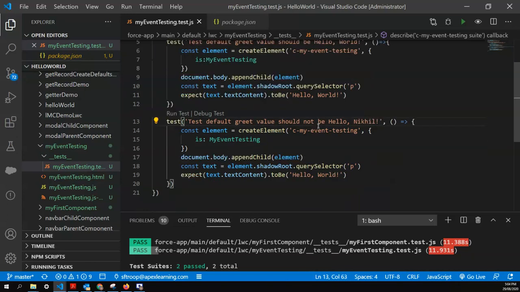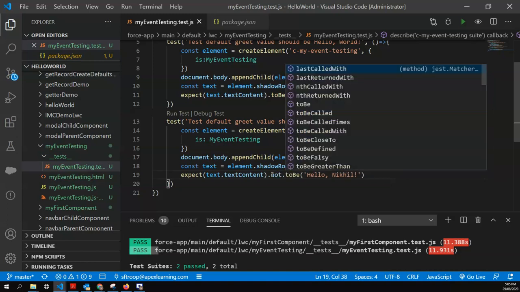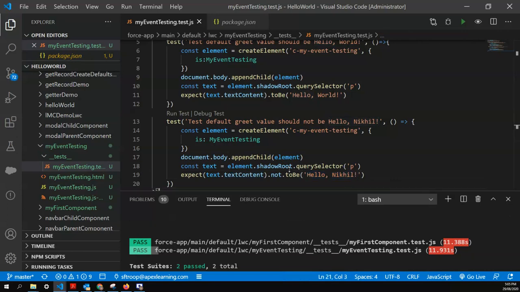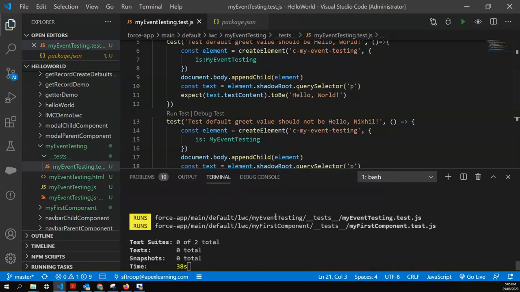Okay, so I'm asserting against that, and I'll replace it with Nikhil, and now the method, earlier we were using toBe, now I'll say .not.toBe. So this is how you can assert negatively. I'm saying whatever the content is, it should not equal hello Nikhil, and it will run our test case automatically because we are in watch mode.